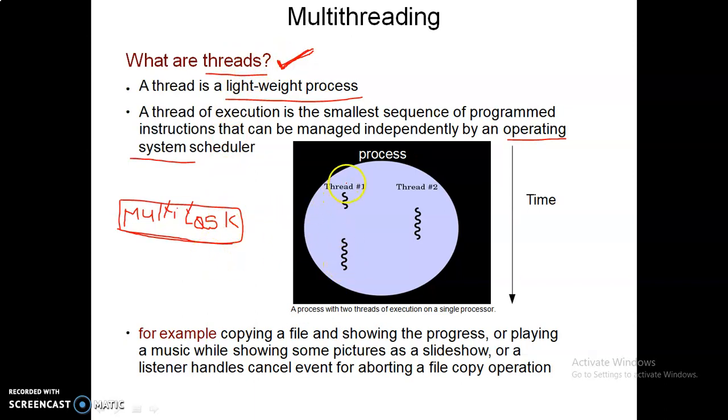In this diagram we are showing two threads, thread 1 and thread 2. Whenever you are executing more than one process or more than one task at a time, we call it multi-threading. For example, if you want to execute two functions simultaneously, that is, I want to perform the sum of 1 to 10 numbers and the multiplication of 1 to 10 numbers parallelly, then we can make the two tasks two threads and execute them parallelly. For that we can use threads.